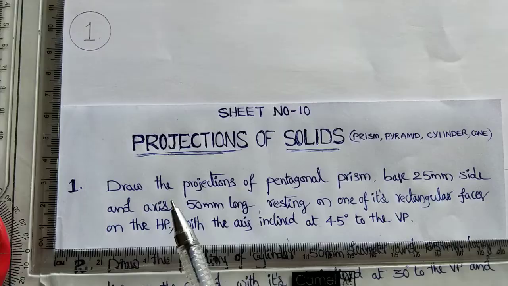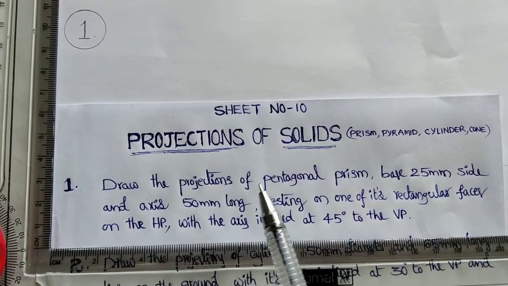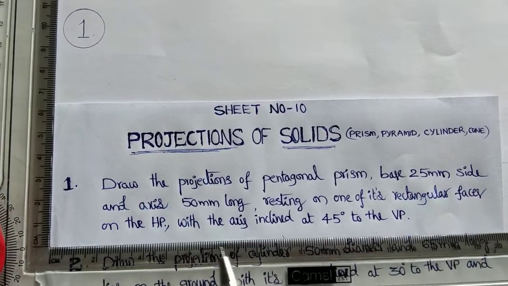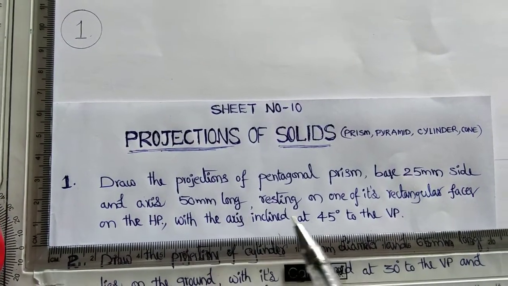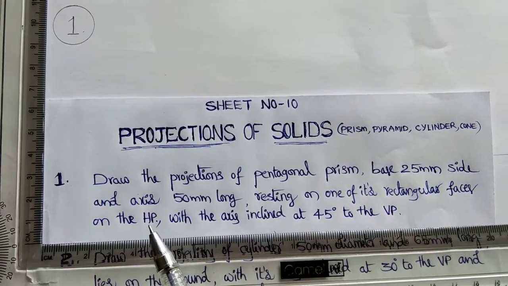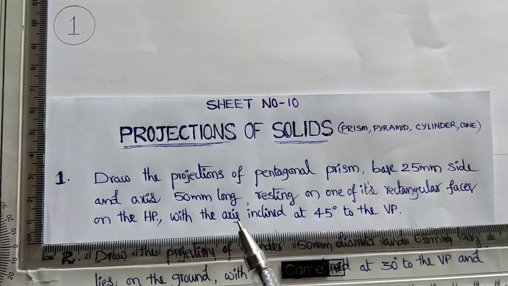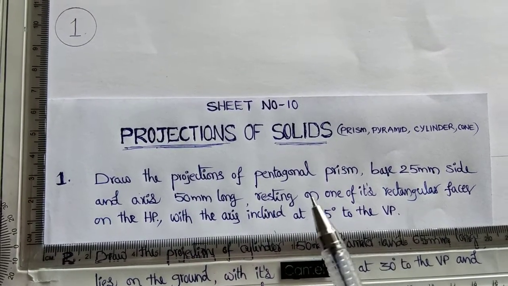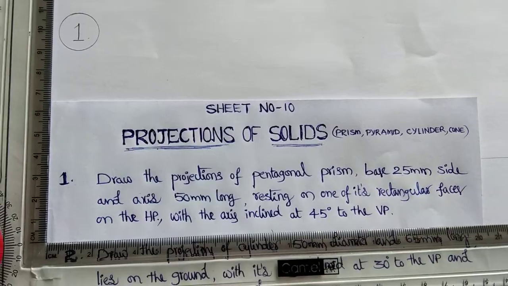Coming to problem number 1: draw the projections of a pentagonal prism, base 25 mm side and axis 50 mm long, resting on one of its rectangular faces on the horizontal plane, with the axis inclined at 45 degrees to the vertical plane. If we observe the conditions of this particular problem,